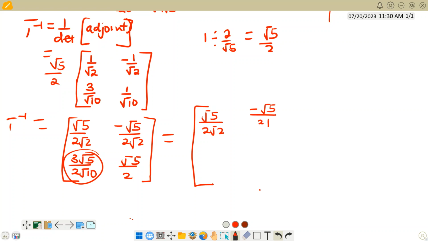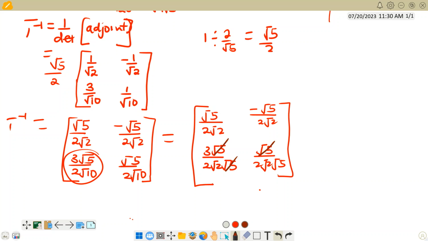divided by 2 square root of 2 there, and then down there we're going to have 3 square root of 5 divided by 2 square root of 2 square root of 5. Okay, and then over here we are going to have root of 5 divided by 2 square root of 2 square root of 5, like that, so that we can now cancel some things. So that and that will go, and that will also go,